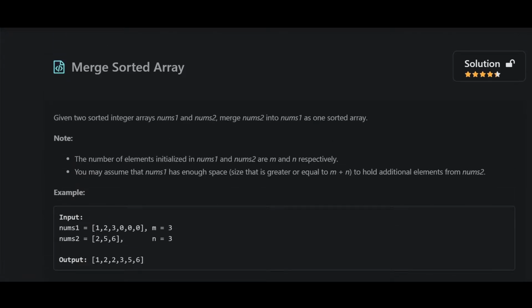So basically we're given two integer arrays and also the size of how many sorted elements there are actually present in each of the arrays in m and n, and we need to combine or merge both of these arrays in such a way inside nums1. We cannot use another array to store them. We need to do it inside nums1 without losing any kind of information,